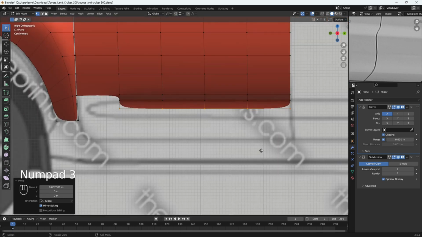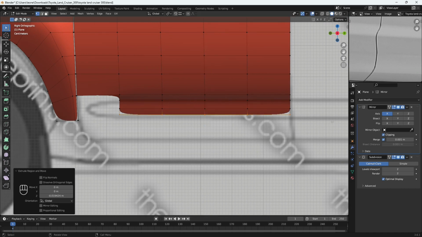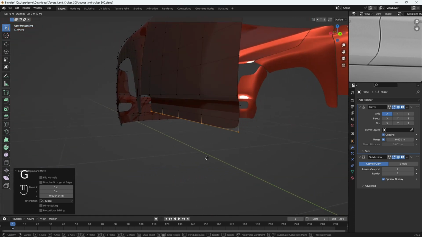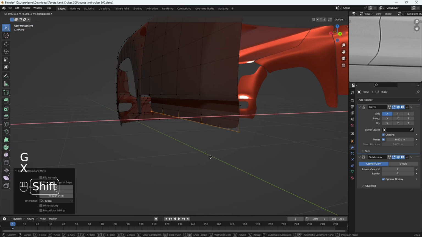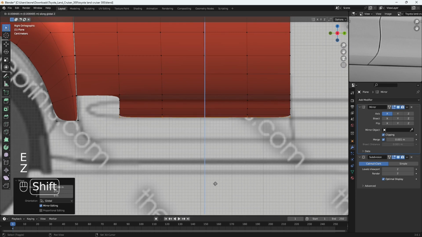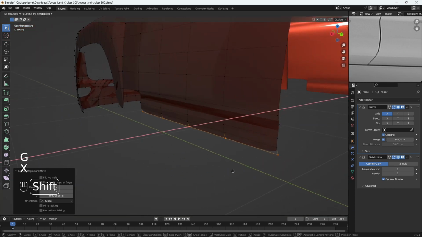And let's extrude another here, which is this part here, and I'm going to bend them inwards just slightly like so. And let's bring the last vertices down here like so, and these will go in a lot more. Okay,